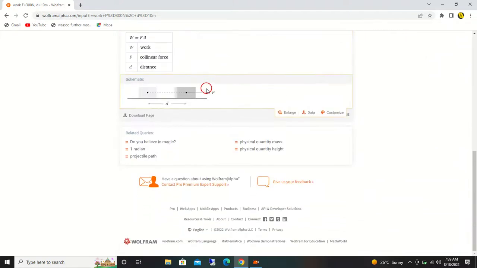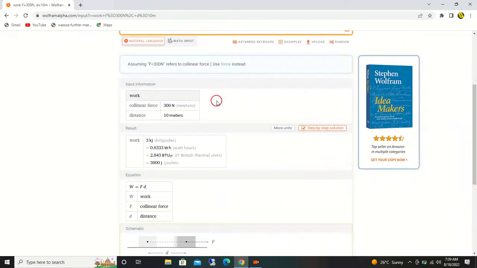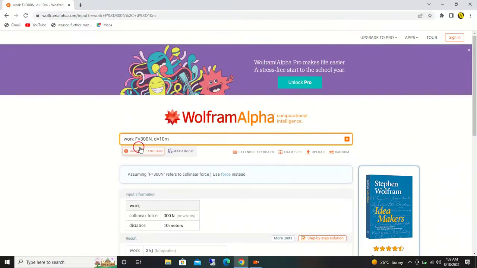Okay, so assuming you have been given an assignment to find answers to a particular question and you don't know, you can simply come to wolframalpha.com or just